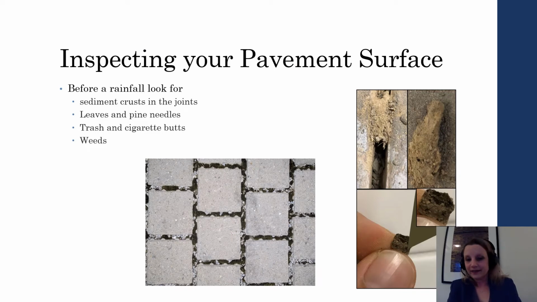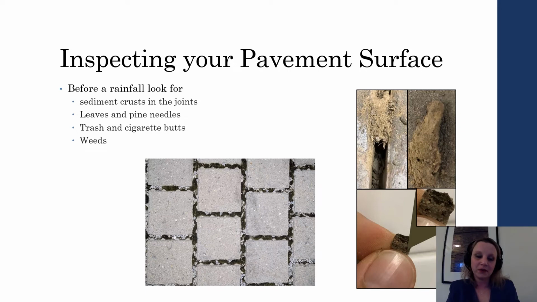So how do we assess whether or not a permeable system requires some maintenance? And most of the time, this can be addressed through very simple inspections. This can be done either before a rainfall event or during a rainfall event. If you're visiting a site before a rainfall event, things that we should be looking for are material that is accumulated in the joints. Content or material that's not that aggregate, whether it be sediments, leaves, pine needles, cigarette butts, trash,